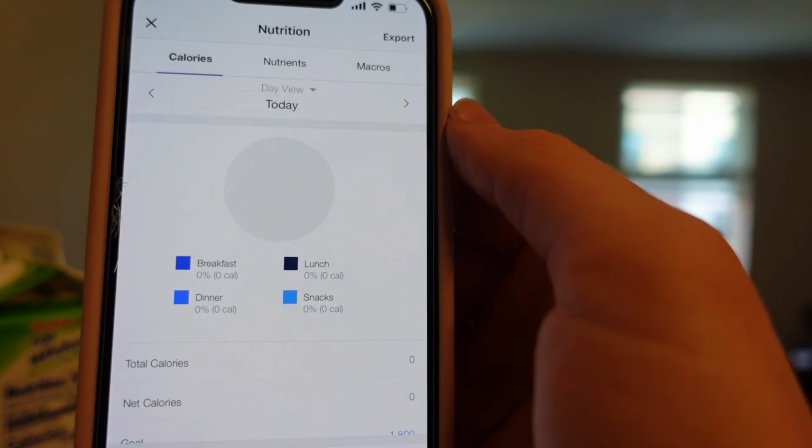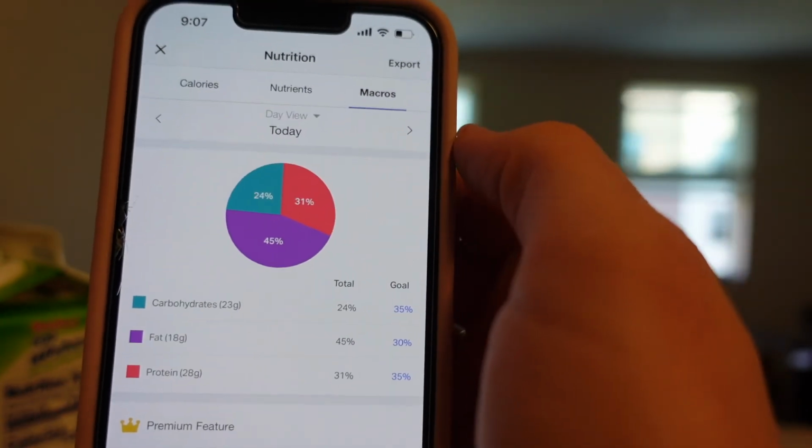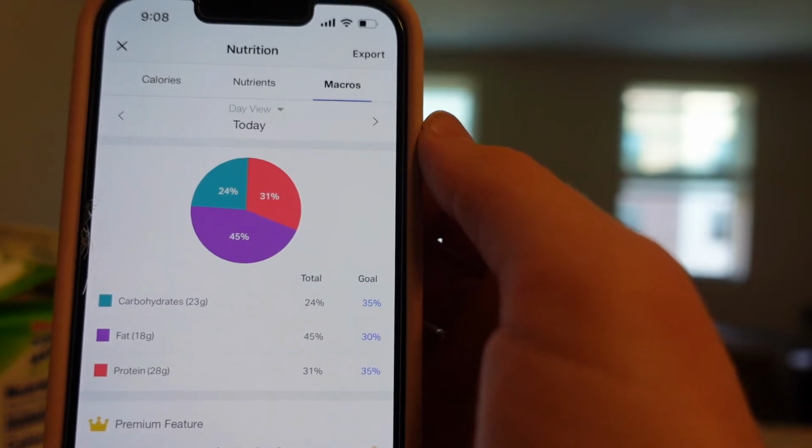Some fun tabs up here is going to be your calories. It's going to just show you what you've eaten your calories from, and your macros. It's gonna give you a nice little pie chart. So as you guys can see, when you're inputting food, it's gonna pull up stuff that you guys have already put in. So things are gonna get a lot easier once you start using MyFitnessPal, but it's really, really simple